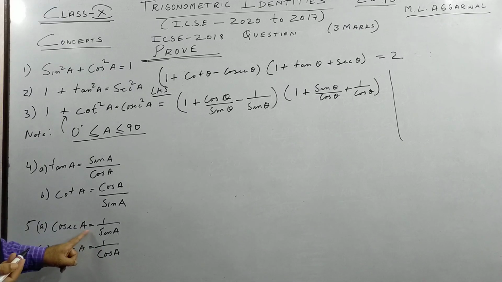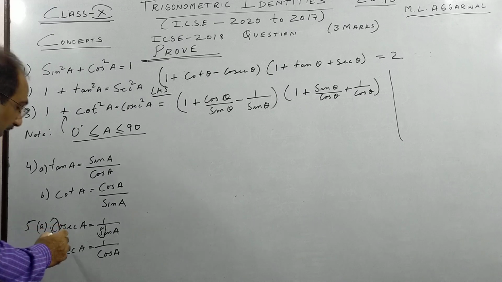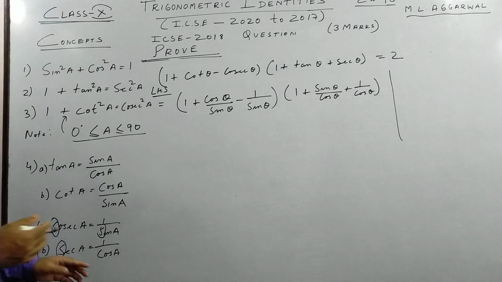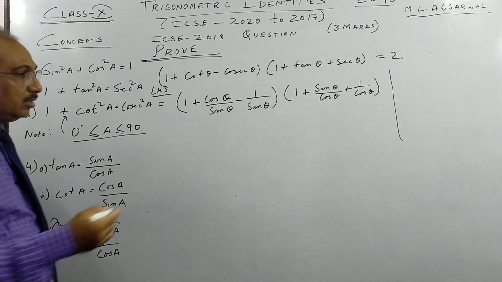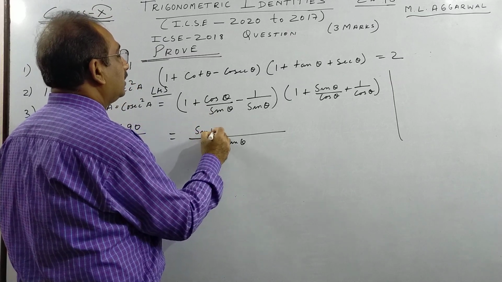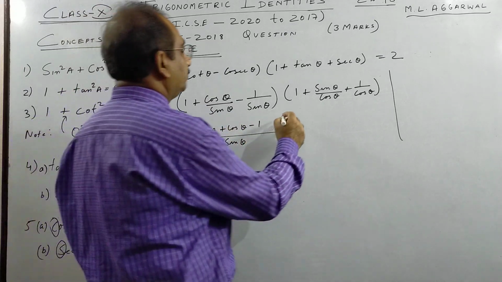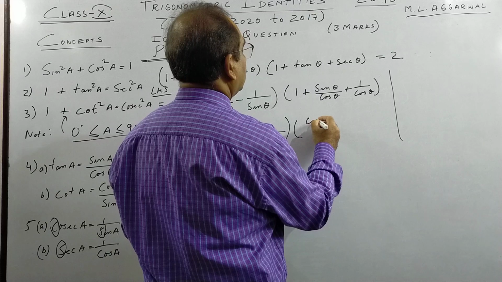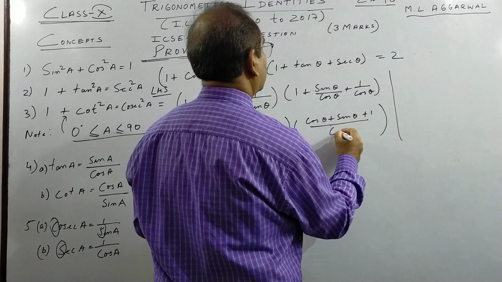As I told you, children, cosec's reciprocal is sine. This starts with C. So remember, reciprocal starts with S. Sec starts with S, reciprocal starts with C, because sometimes children get confused. Cosec is reciprocal of cos or sine. So remember C, reciprocal S; S, C. So what we do here, take sine theta. So here it will become sine theta plus cos theta minus 1, because same denominator. And here you have cos theta plus sine theta plus 1 by cos theta.